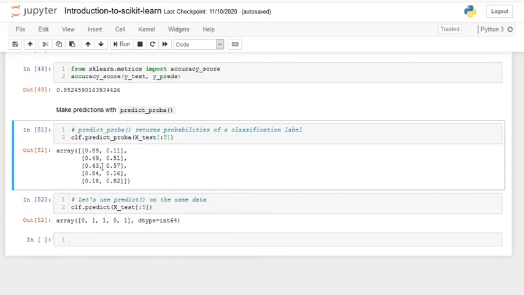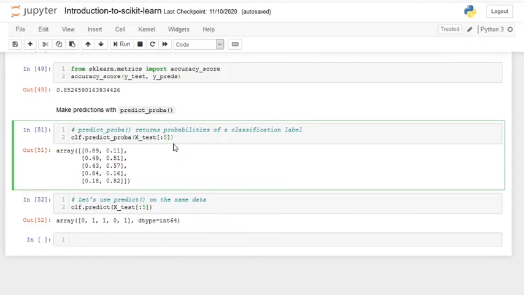So here is 0, and here it says 0.89, so it's 89% certain that the prediction should be a 0, and that is quite a lot. But here it is not so much of a difference, it's only 2% difference, and then here it's not that big, but for these two it's quite big as well. You might be thinking, well, predict is obviously much better because it tells us which one it is. Well, they both actually get the same amount of use, because predict_proba